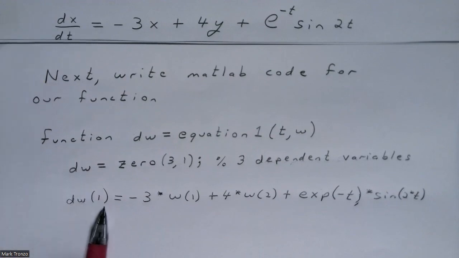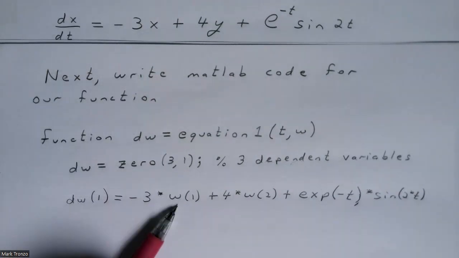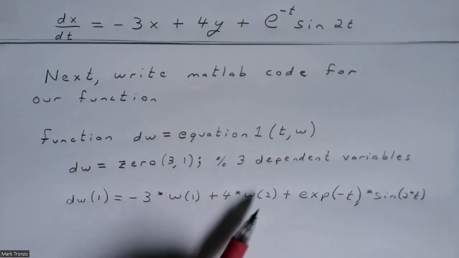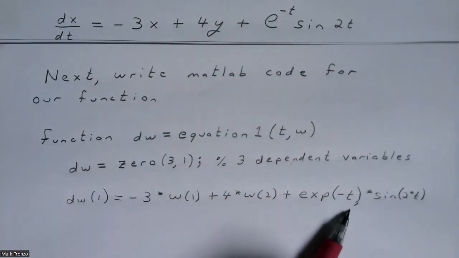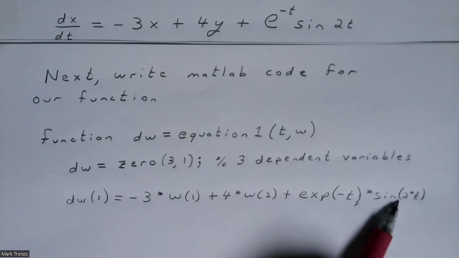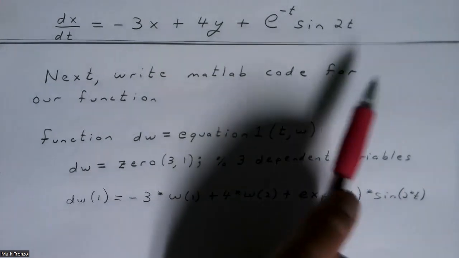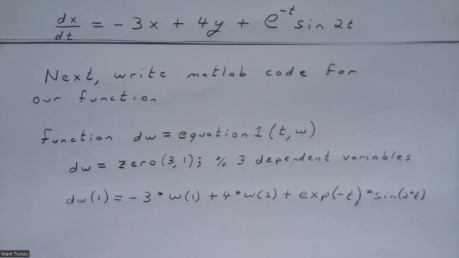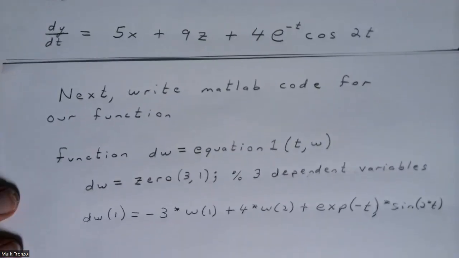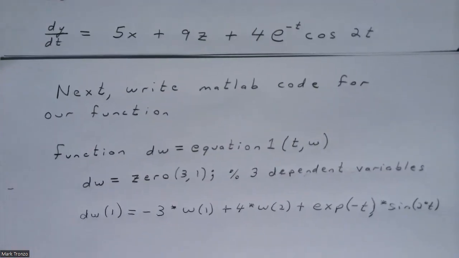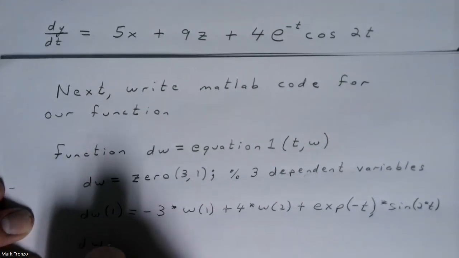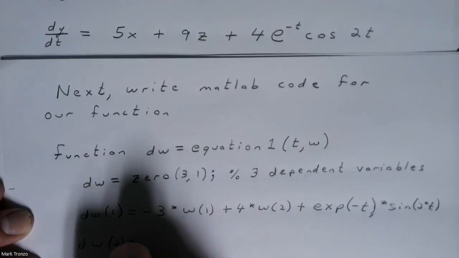dx/dt becomes dw1, minus 3x is w1, y is w2, then e to the minus t, exp minus t times sine 2 star t for 2 times t. And let's do the next one. The next one is going to be dy/dt. Remember, y is w2. So dy/dt is going to be